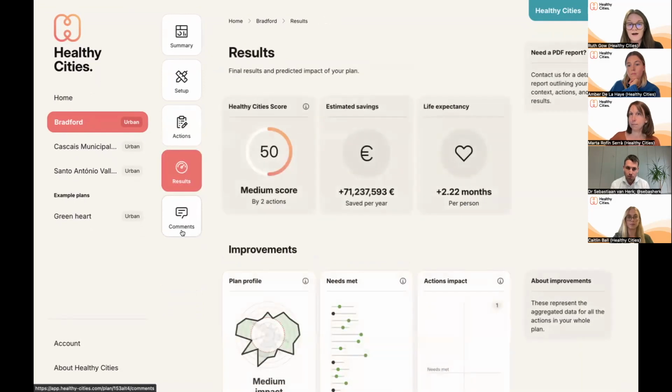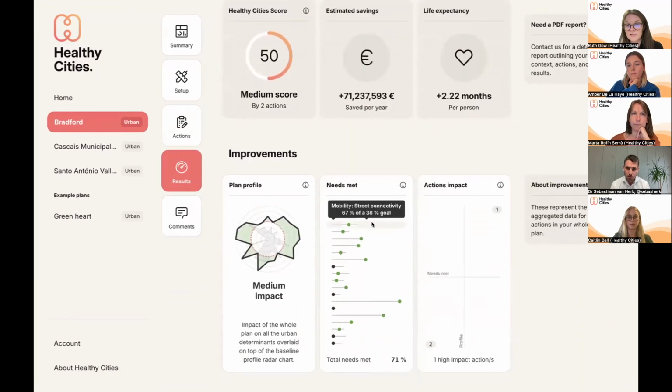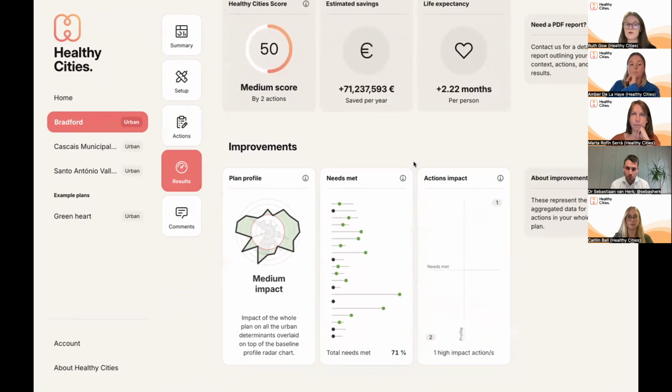And finally, we have seen here the results section, but another feature that is not currently available yet on the tool, but will be shortly, is the option to compare. So maybe you have a plan and you have two different options for this plan that consider different aspects. So maybe one action changes slightly and you want to be able to easily compare